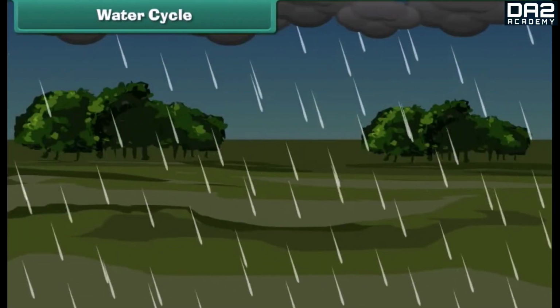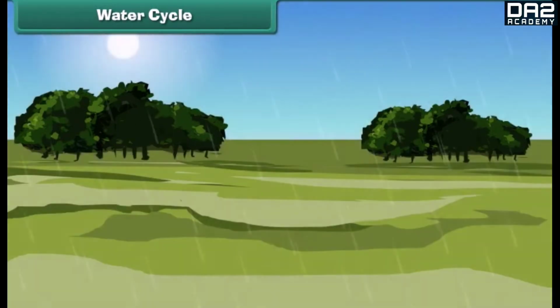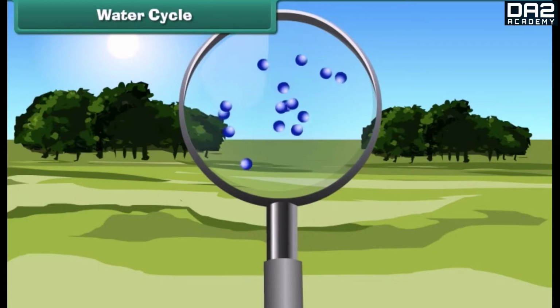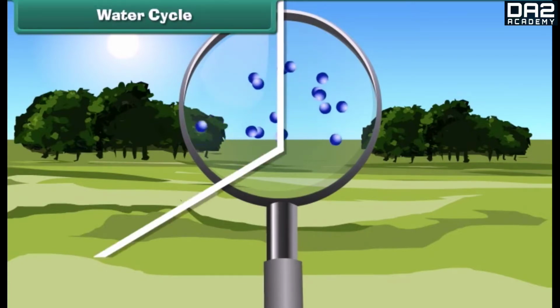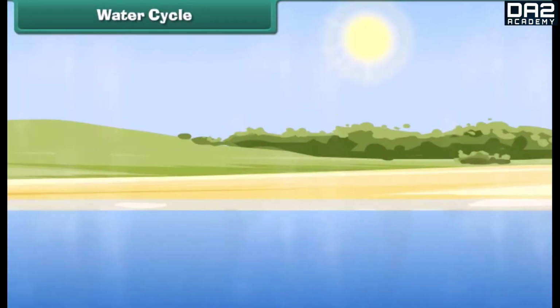Have you ever wondered where all the water in rain comes from? Well, there is always a certain amount of water vapor in the atmosphere. It comes from the Earth's surface water like oceans, rivers, and lakes. The heat of the sun heats up the water from the surface of these reservoirs and changes water from the liquid state to the gaseous state. This is called